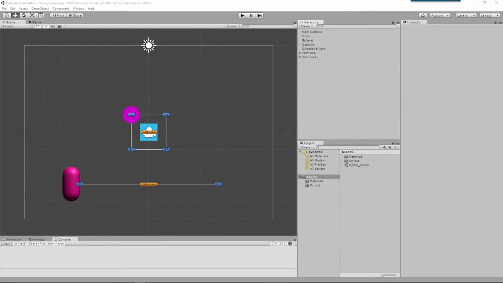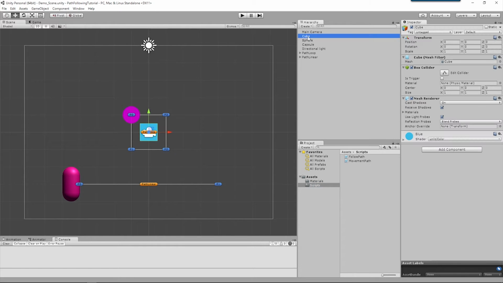All right, game devs, Dan here with You Contribute Games, and we're going to go ahead and dive on in. Today we're looking at our follow path script, but first let's recap where we are so far. We've taken a look at how to set up the scene, how we utilize the follow path and the movement path scripts that we've built, and how we set those up in the scene, where we've put some objects in the scene that have these